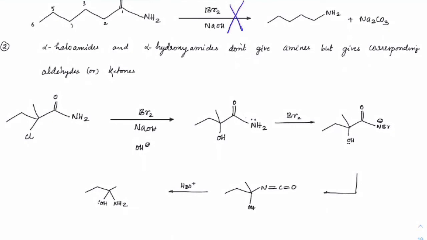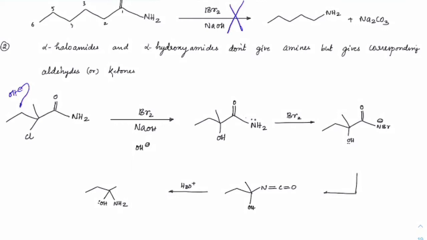Next, in case you have an alpha halo group, if there is a halogen at the alpha position, what will happen? First, this chlorine will get replaced by OH. Got it? You will have this OH group present here, right? Some amount of elimination product might also come here. So you can see, OH minus can extract a proton from here, and we might get an alkene also. So some amount will be lost there. Some amount we might have as a substitution product here. Got it? So this way you can have elimination and substitution products forming.